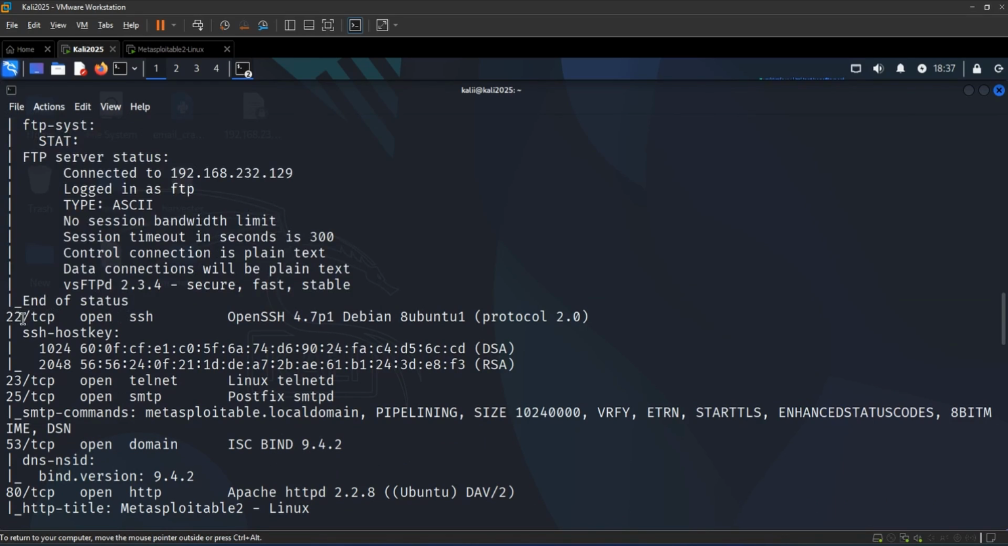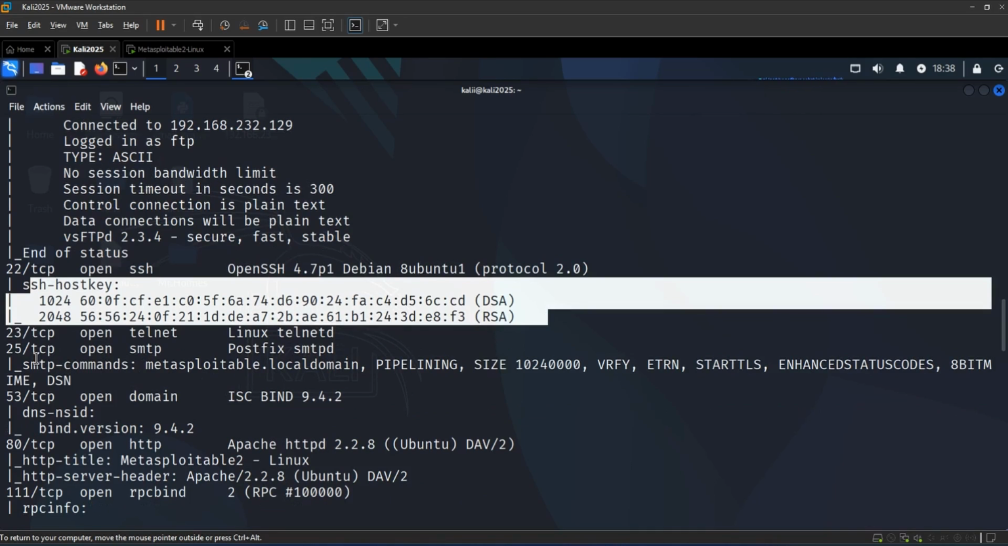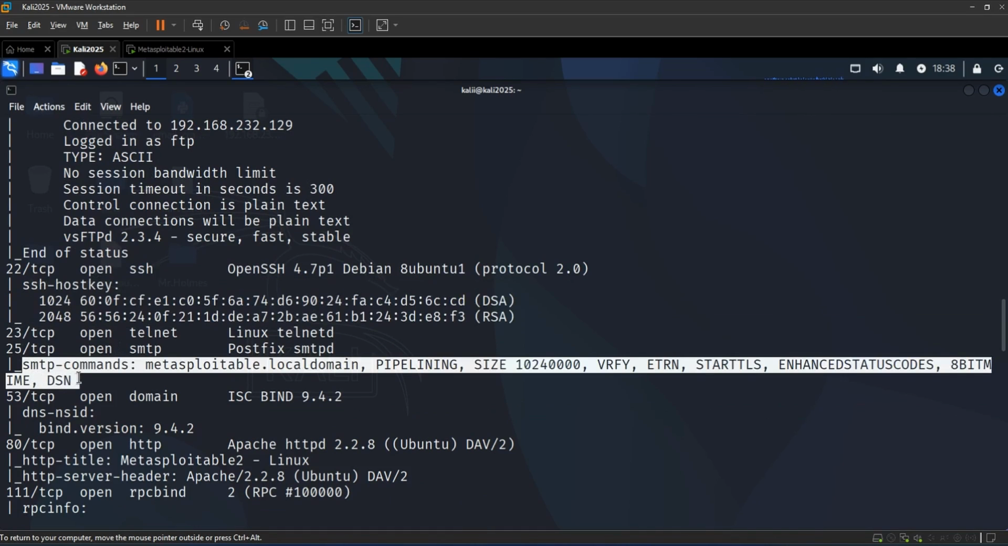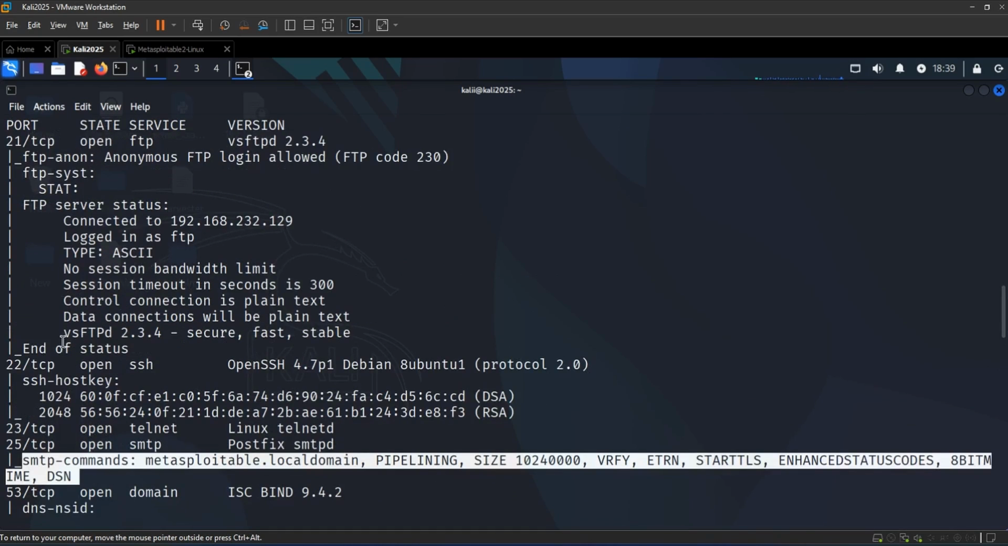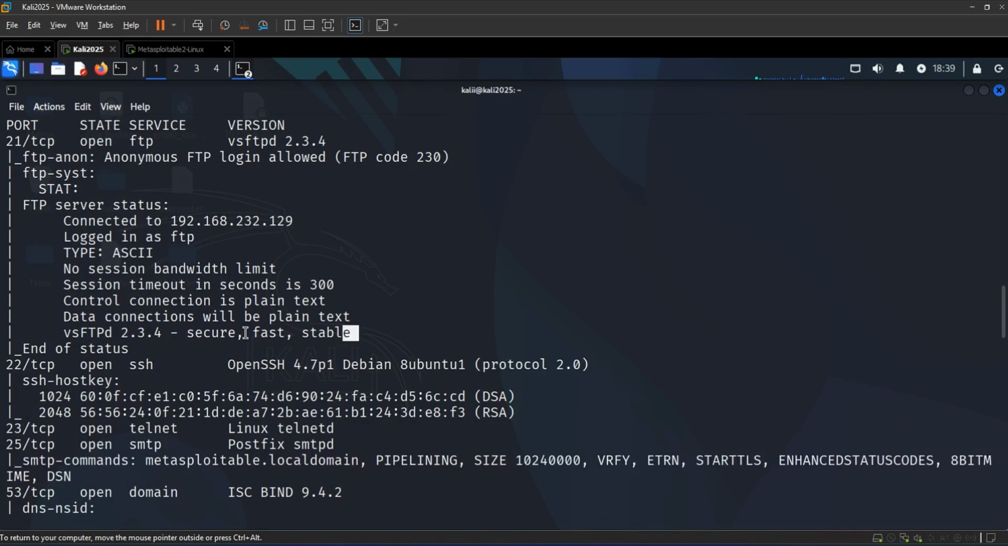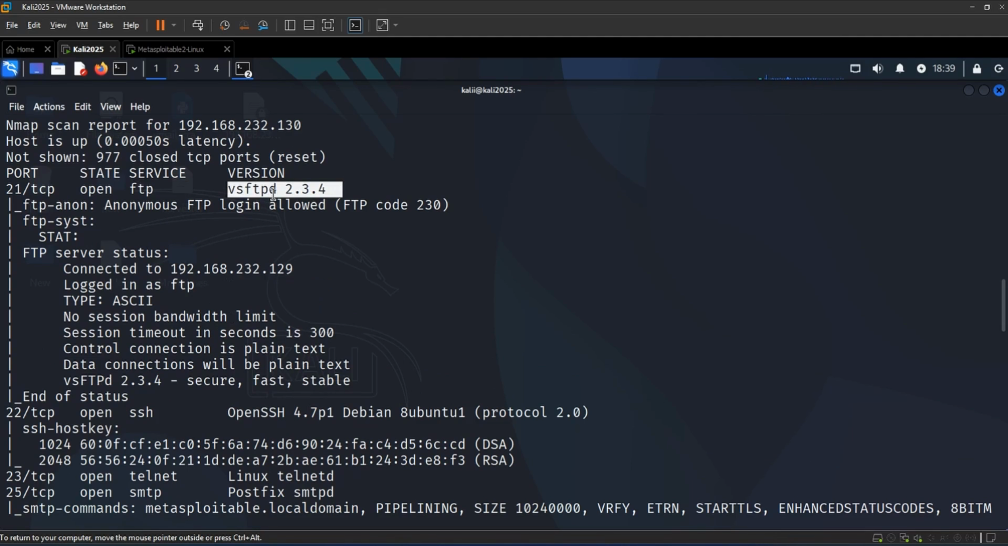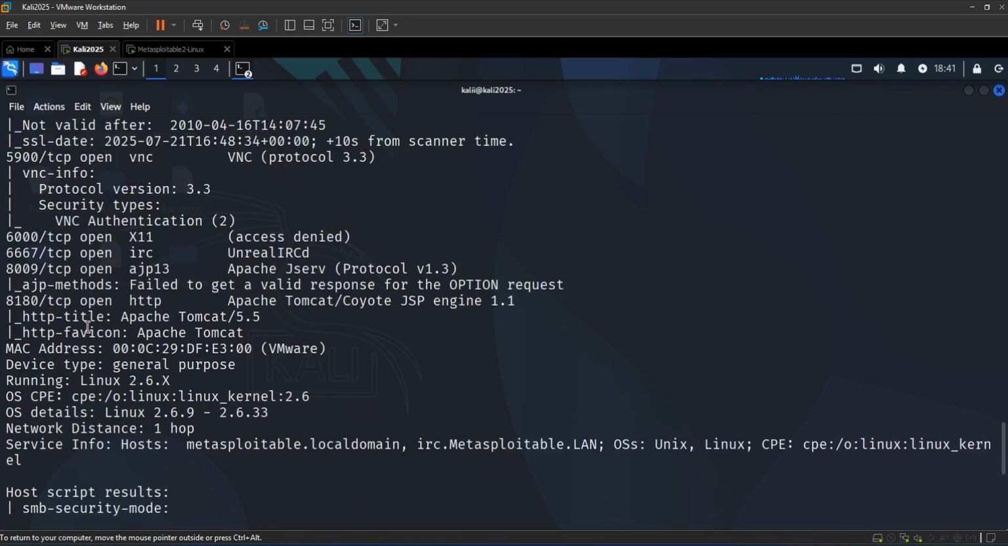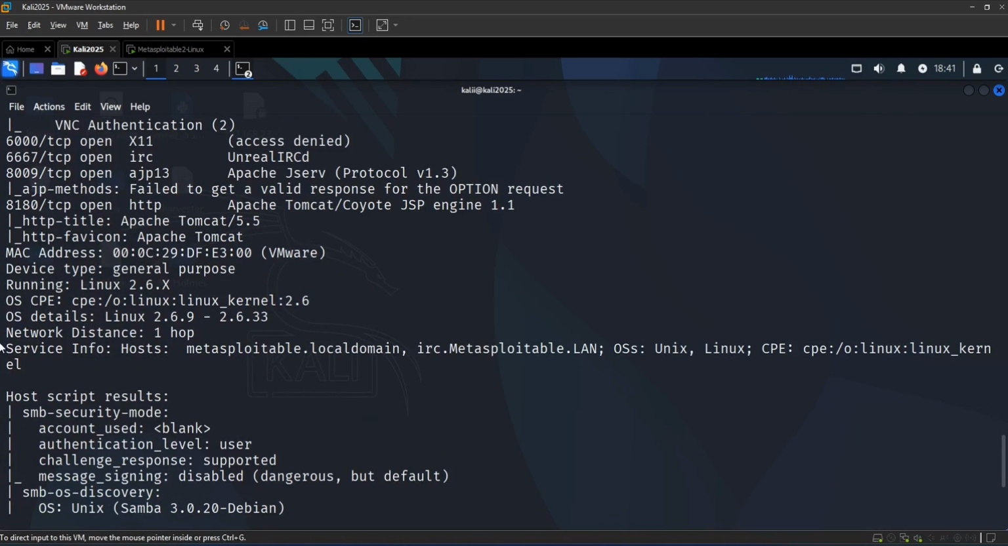So for TCP 22, we have the SSH host key, and for TCP 25, we have this. Now, despite seeing vsFTPd 2.3.4 secure, fast, and stable, I'll be able to show you that this is not secure as we progress into the videos. Coming down to this place, we will see also that the scan detected the OS details, which is